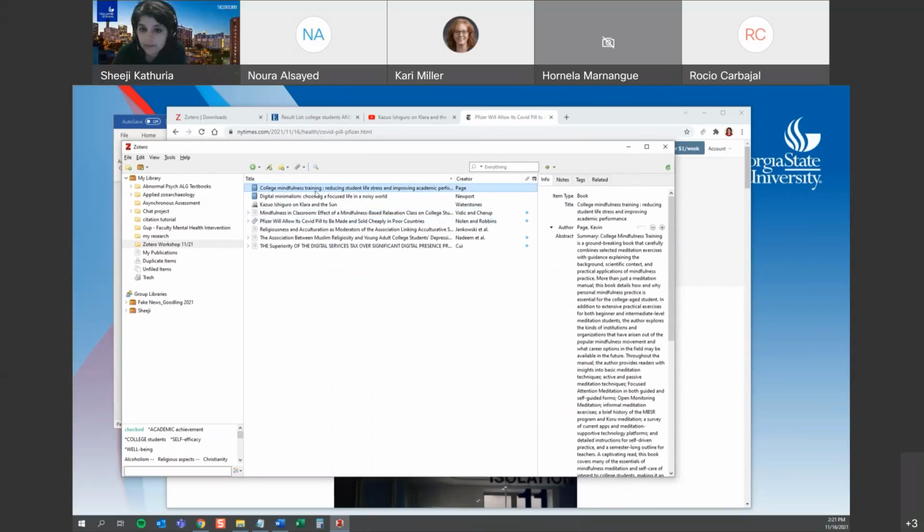So within Zotero, you can do a lot of little things that are fun. You can see I've used Zotero for other projects here, so I have little sub collections. It's a good organizational